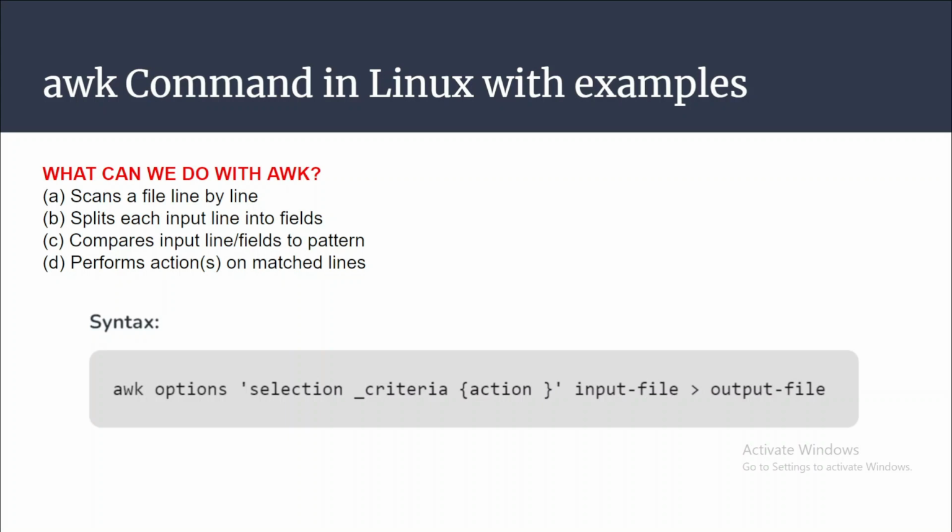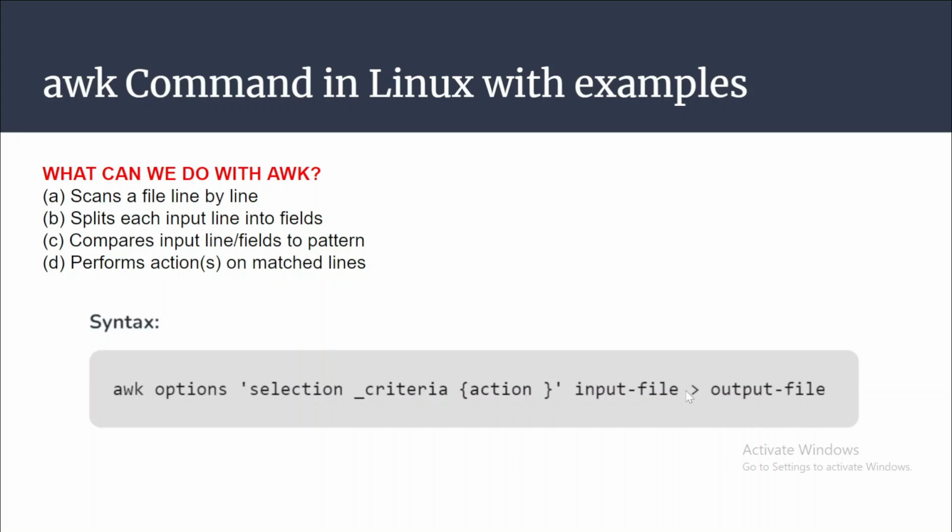Okay. So the syntax for the awk command is simple. You need to provide the awk command. There will be a lot of options, so options will be there for each command. You have to know which option is used for which purpose. Then within the quotes you have the pattern selection criteria, meaning you are looking for a pattern, and within the curly braces what action you are going to do, and then the argument, meaning the input file. This append operator is for when, instead of printing on the screen, you want to store those results into a new file, so you convert it into an output file. So you just have to provide the append operator.